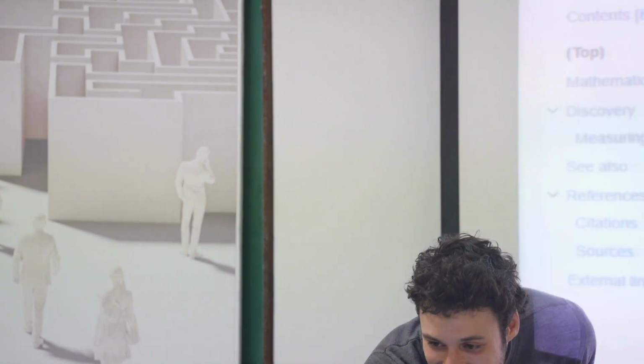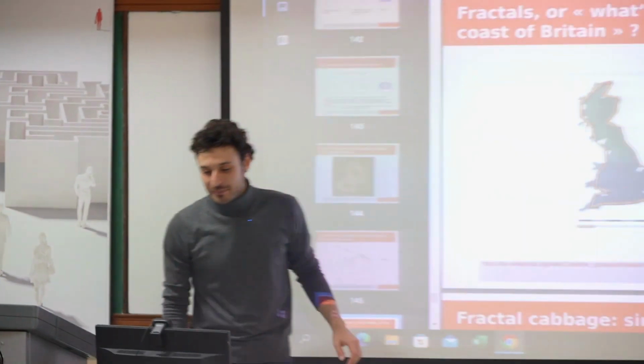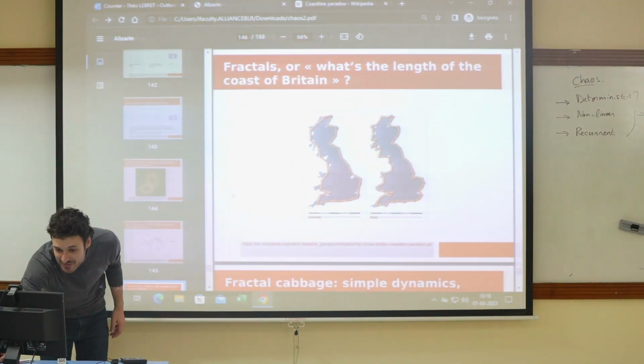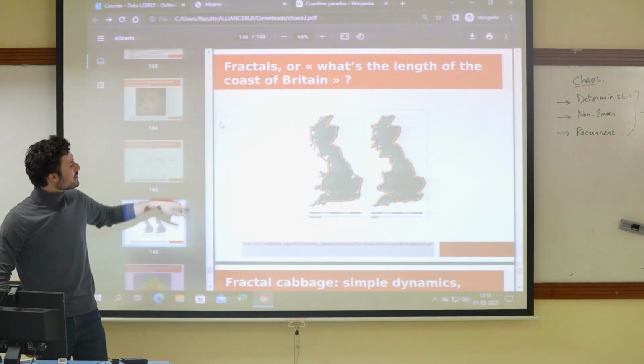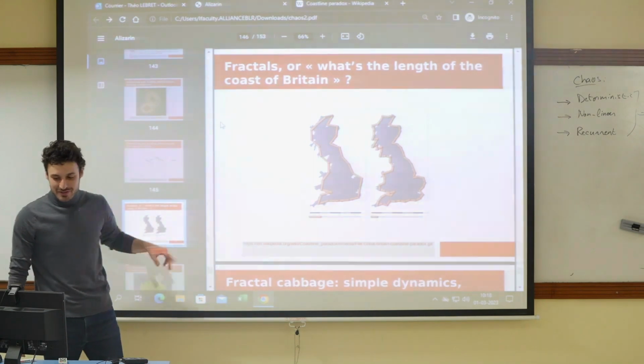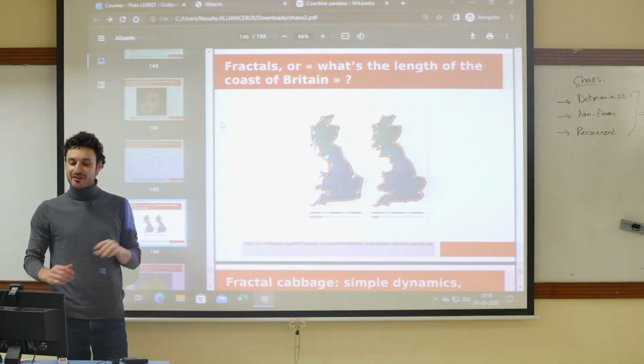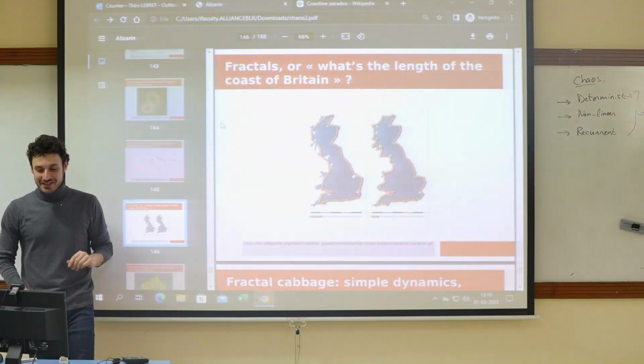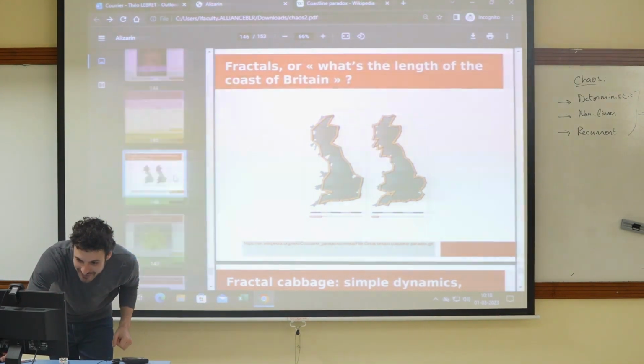Okay, so this is the coastline paradox, which is, again, a very famous article by Benoit Mandelbrot, who was a funny figure himself. At some point, maybe on Friday, I'll spend half an hour introducing you to the panel of characters that made chaos theory, because they're very weird, most of them.